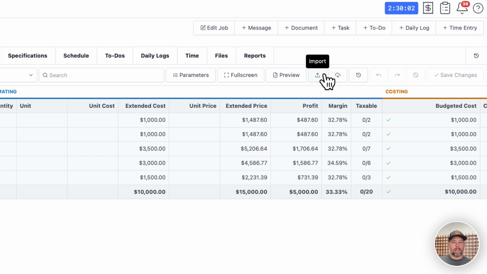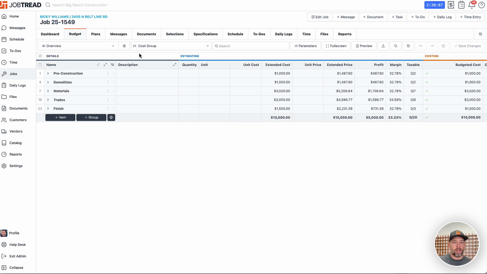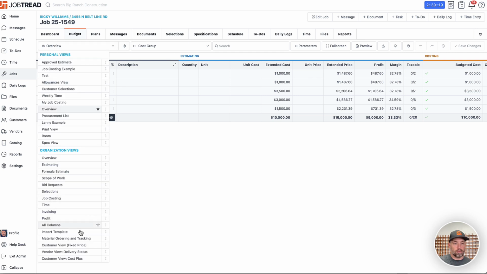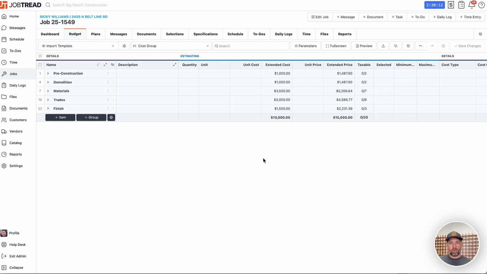My recommendation is on that job, or maybe an existing job where you have existing groups and items, go to it and then switch to the import template. The reason why I say this is because that will remove all of the columns that are not importable. For example, bills are something that you're creating on that job, and it's not something that can just be imported into another project. So this only shows the columns that can be imported, and it just makes sure that the columns you're exporting are going to be clean, and you don't have to think about things you don't have to think about. So what I'd recommend is switching to that view and then export this file as a CSV,